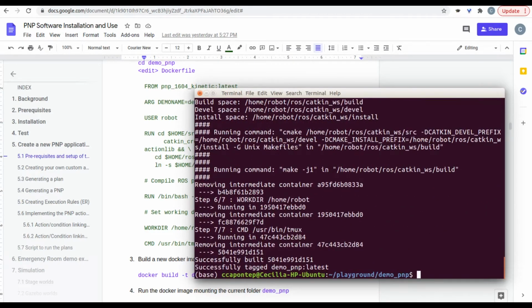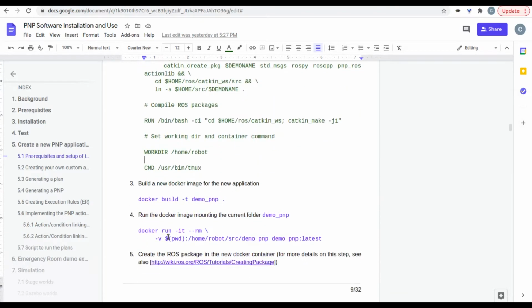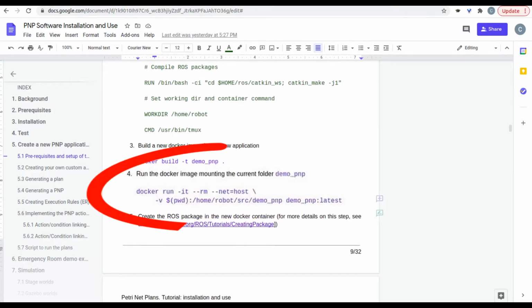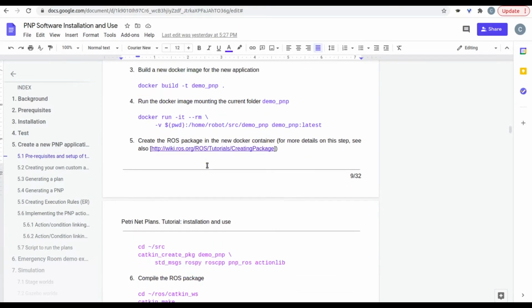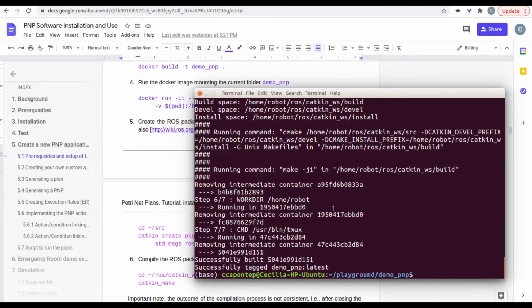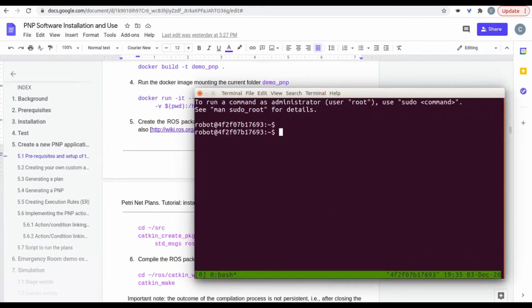Okay, so it's been built successfully, and now we're gonna run the Docker image mounting this current folder, demo_PNP, where you're gonna use this command right here. You can just copy and paste. There you go. So now we're inside the Docker container of your new PNP application,